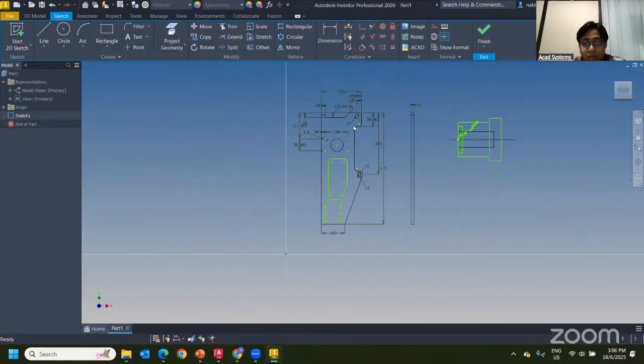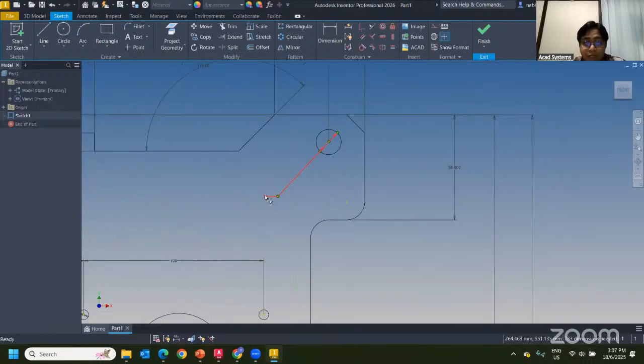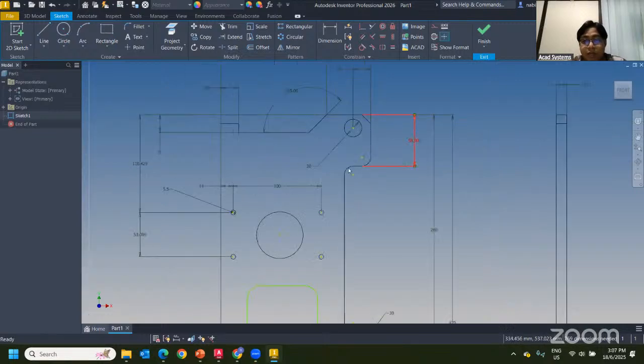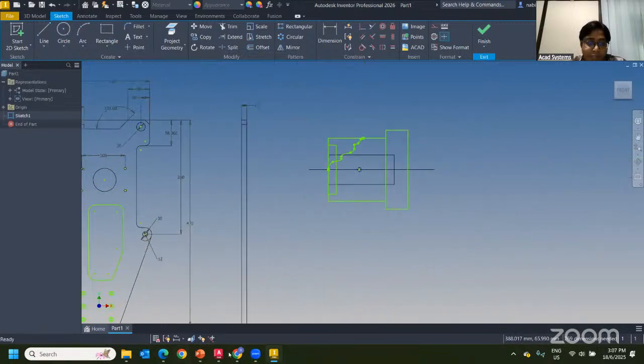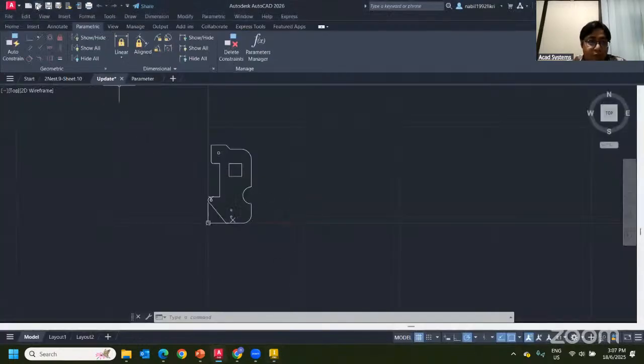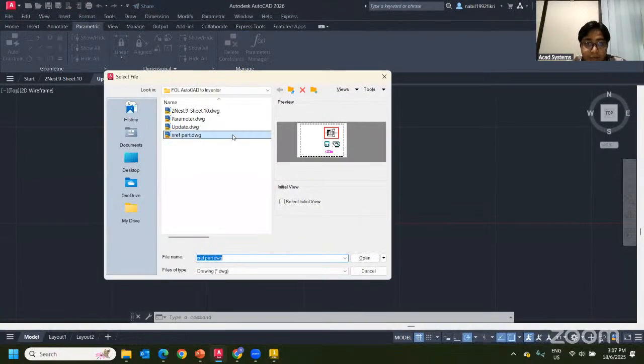So if I take a look here, I have these circles. I want to change the size, maybe make it, let's say, 25, for example. You can just directly change it right from here. Right, but it will not bring the parametric dimension itself. If I take a look from the AutoCAD again,